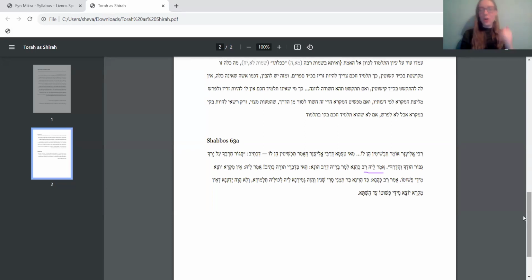The way that we know is because Chazal told us. We're going to see this throughout the course, quotes that talk about how even though Drash is the primary interpretation of the Torah, Pshat also has a role. And because Pshat also has a role, we want to engage in it. There's more to learn, and Chazal encouraged that Pshat should be learned as well. And that is where the authority to learn Pshat comes from. It comes from Chazal.